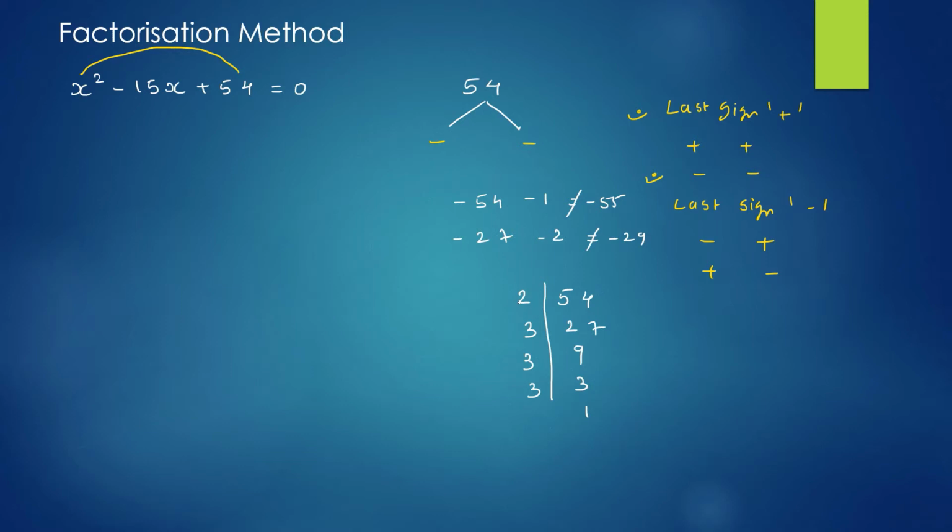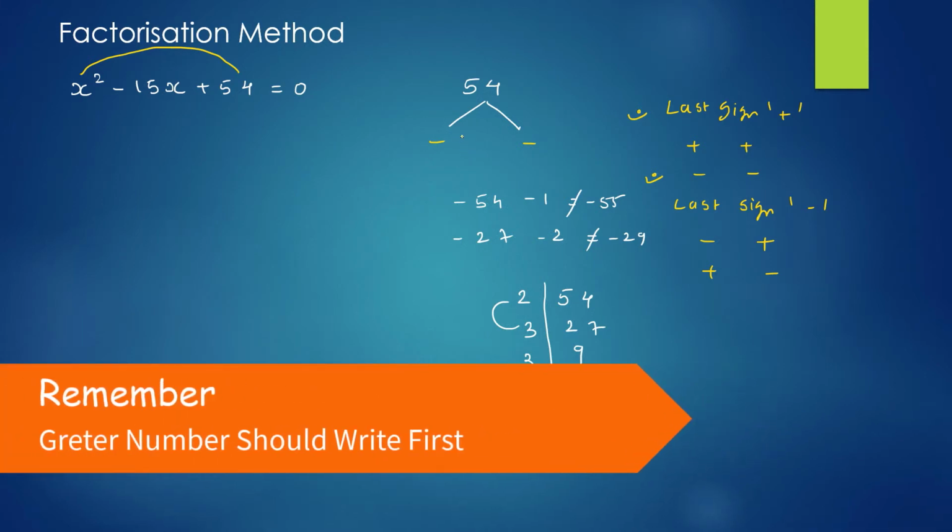So let's see. Suppose you kept aside 2, then 3 times 3 is 9, 9 times 3 is 27. That we already saw, 27 and 2. It's not the answer. Now another combination is 3 times 3 is 9 and 3 times 2 is 6. Now 6 and 9, yeah, it's 15. Yeah, we got our answer. So your answer will be 3 times 3 is 9. And always remember, the greater number should be kept first. So 9 will come here and 6 will be written next. Always remember, the greater number should come first.